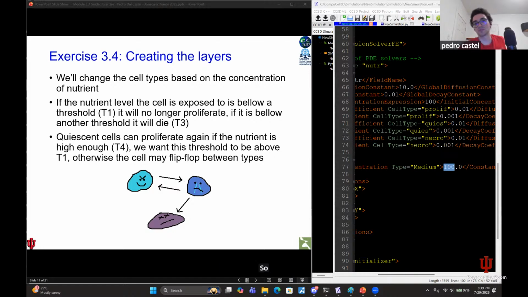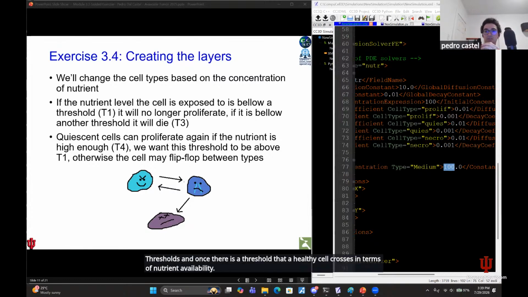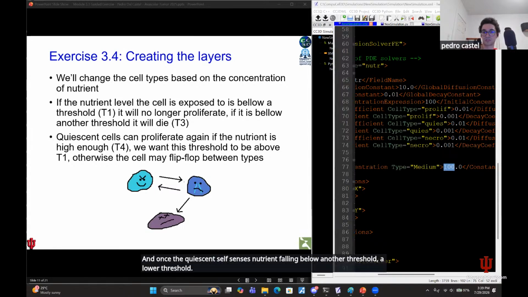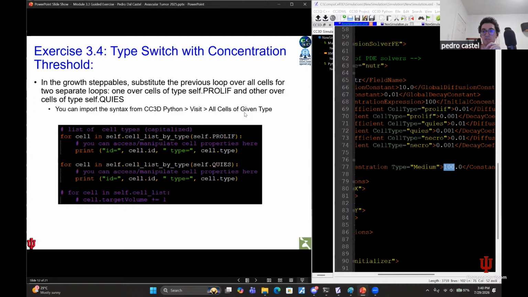What we want to do is set up thresholds, and once a healthy cell crosses a threshold in terms of nutrient availability, it converts itself to a quiescent cell. And once the quiescent cell senses nutrient falling below another, lower threshold, it converts to a dead cell. So to do that, you go to the steppables, the Python steppables,